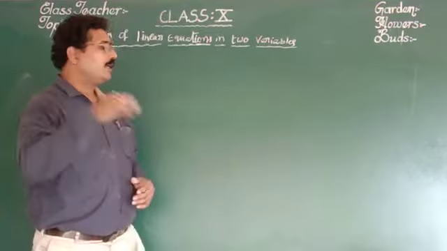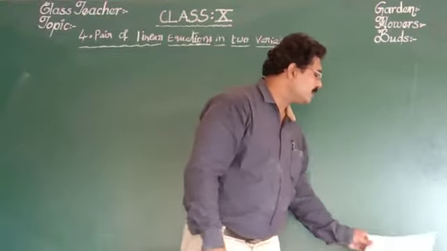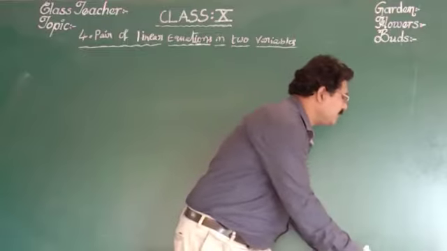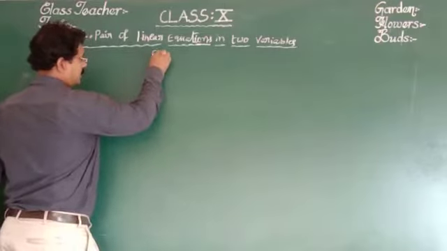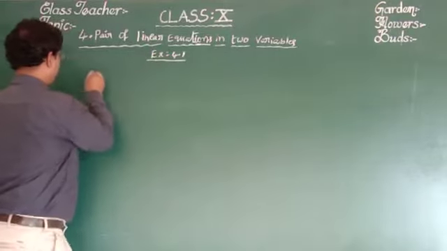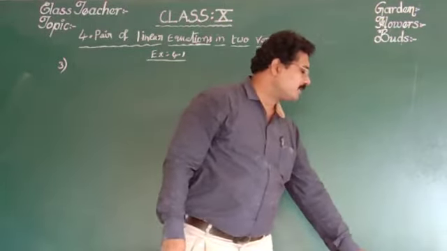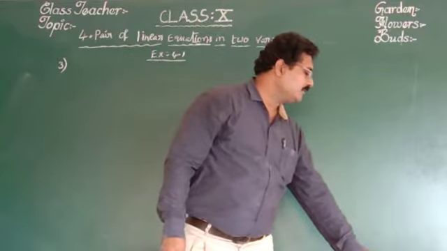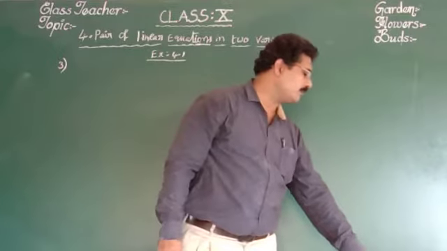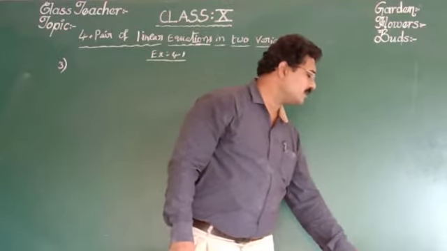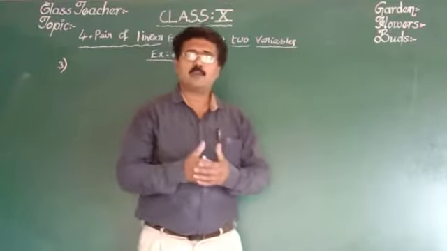the answer. Now again, come to the previous exercise, where Neha went to a sale to purchase. Please note down this problem, Exercise 4.1, problem number 3. Neha went to a sale to purchase some pants and skirts. When her friend asked her how many of each she had bought, she answered the number of skirts is 2 less than twice the number of pants purchased. Also the number of skirts is 4 less than 3 times the number of pants purchased. See that problem, try to understand the problem.